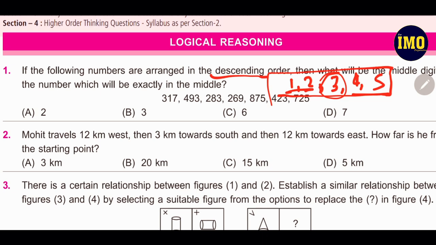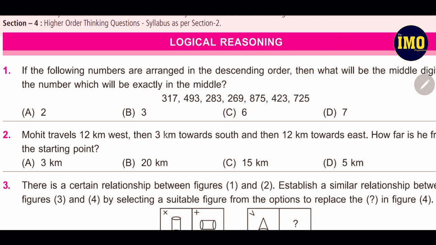Here, for descending, I just give the numbers. This is 1, the largest number. The second largest will be this one, 2. The third largest will be this one. Fourth is this, then fifth, then sixth, and then seventh. So if you arrange these numbers in this sequence,